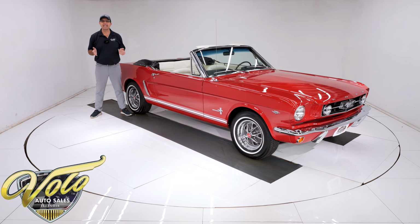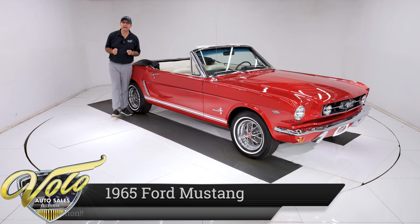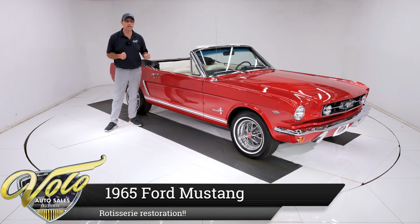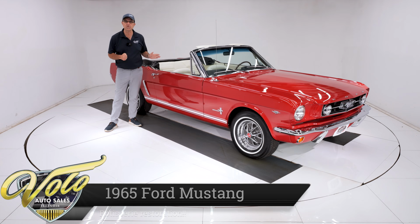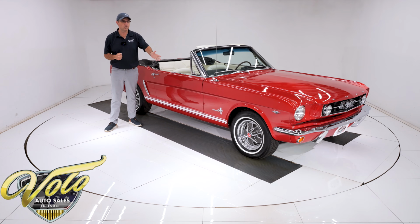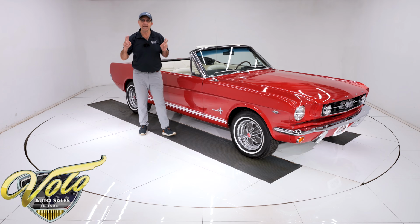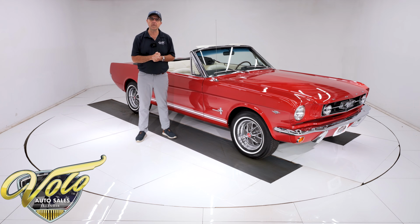We have got a practically new 1965 Mustang convertible here. There's only 100 miles on a complete nut and bolt restoration. This thing looks brand new underneath, all reconditioned, and it's a knockout. The red with the white interior. It's also a 289 A code. There's a letter A in the VIN number that designates it came with the 4-barrel dual exhaust, the higher performance